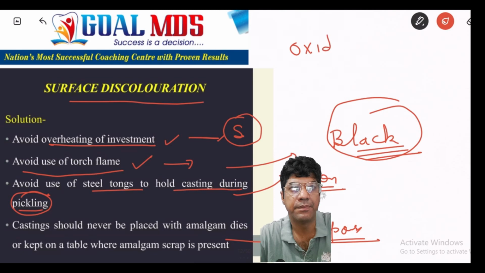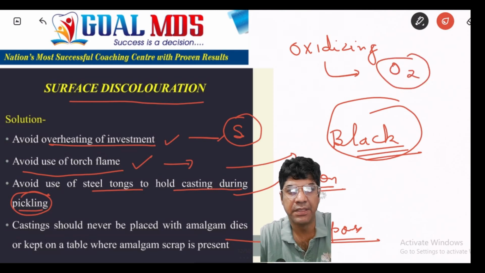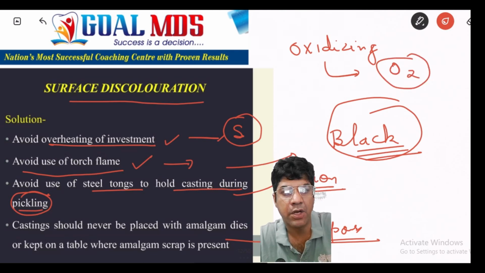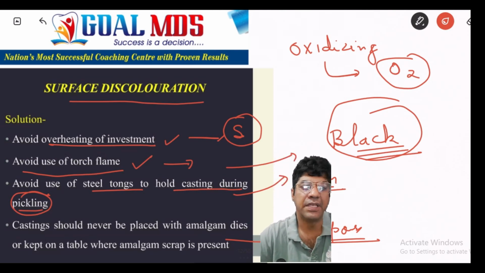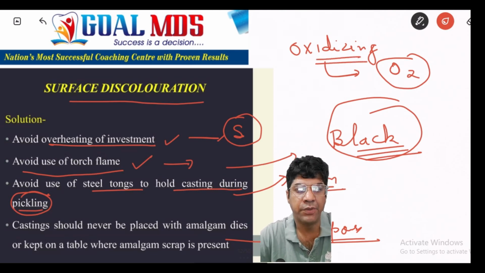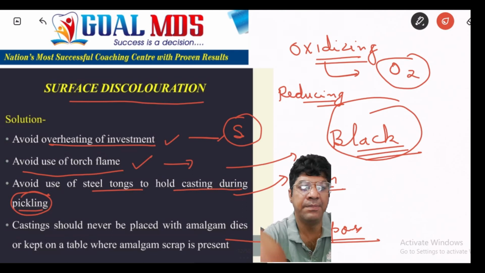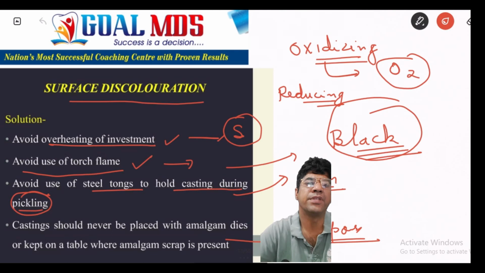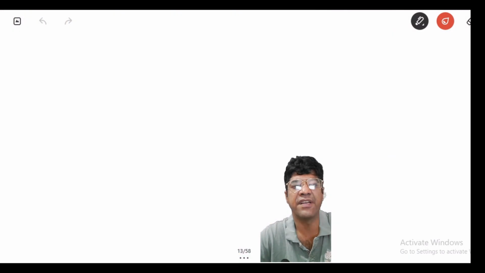An oxidizing flame will have more oxygen, so that can cause surface oxidation and discoloration of the casting. So instead of an oxidizing flame, one should use a reducing flame that is fuel rich and helps to prevent this issue. The other cause is the surface roughness